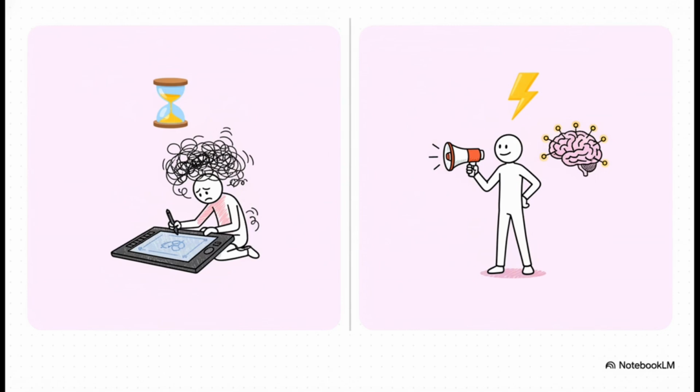On one side, we've got the manual era of 2006. Alan Becker's grueling workflow required complex software like Adobe Animate, massive learning curves, and weeks or even months of manual keyframing. Today, the AI workflow uses a stack of Notebook LM, ChatGPT, Google Flow, and OmniFlash. You act as a high-level director, and a complete animation can be finished in a matter of hours. The barrier to entry has quite literally vanished.